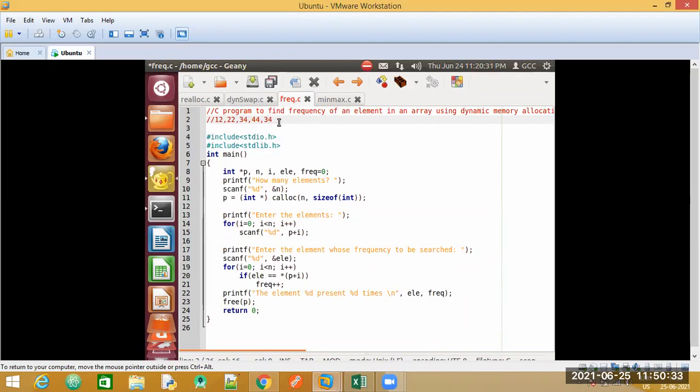This is the problem statement. Suppose the user says find out how many times the number 12 has been repeated. In the entire array you can see 12 is not repeated, it's present only one time. So we need to display that it is present only once. If the user enters a number which is not present in this array, if he enters the number as 60, 60 is not present here. So the output should be 60 is repeated 0 times. So this is the problem statement. Did you understand the problem statement? Yes, ma'am. Okay. Let us quickly do the program.